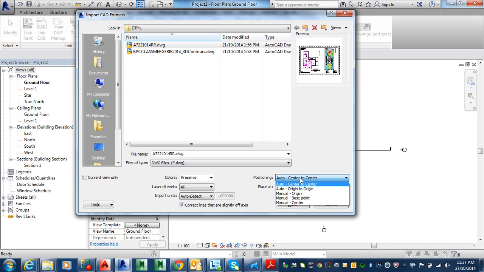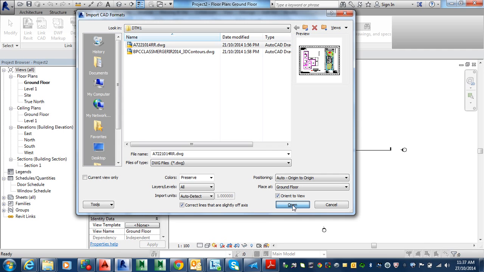It all fits in quite nicely. So normally we would do this option here, not center to center. Let me just show you what happens when I do this for this particular example. Not that it really matters, but it might be easier for us to use the other option. But just know what this one does, and this is the proper one to use in a real job. But let's have a look at